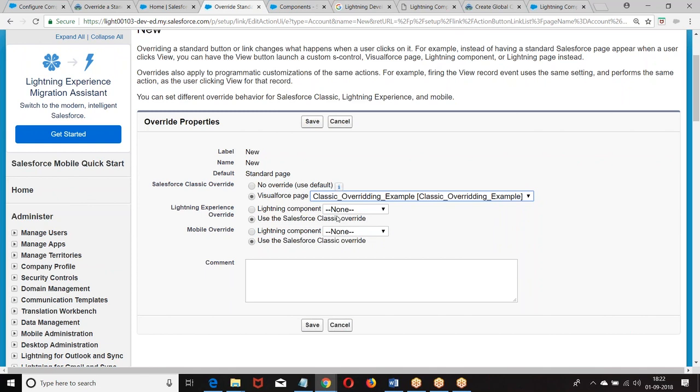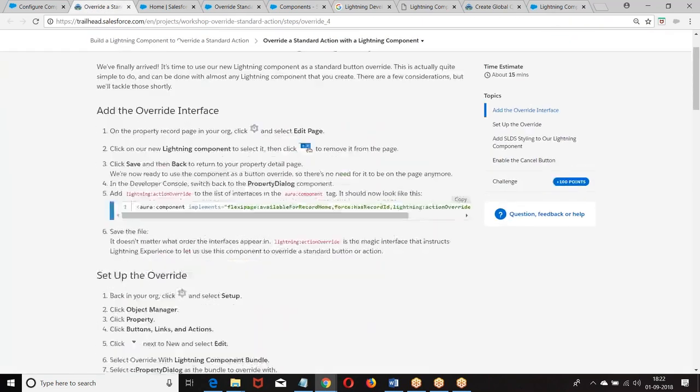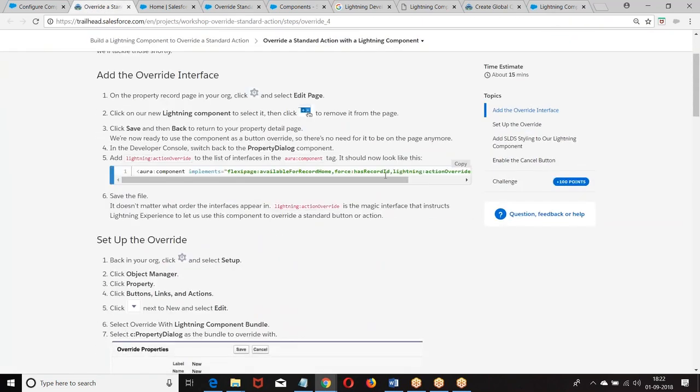If you want a Lightning component to be used to override any one of the standard functionality, we are supposed to go with the interface called action override. What is the interface? Action override. Are you getting my point?